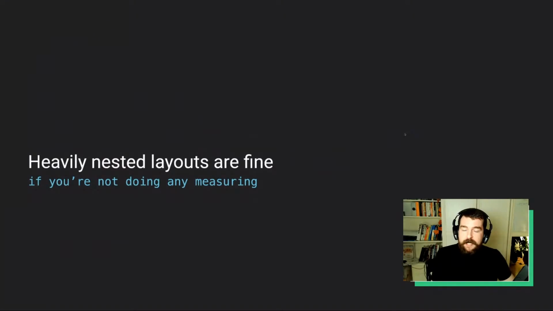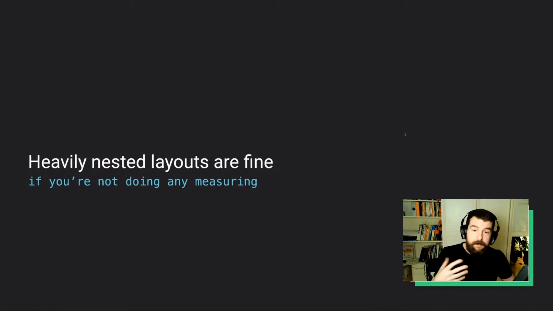You can nest as much as you want without really thinking too much about performance, unless you have some kind of custom layouts that do a whole bunch of measuring. Chances are that you won't. And this means that for a long time, your default when approaching creating new pages on Android has been reaching for ConstraintLayout. Typically, you won't really do this in Jetpack Compose.